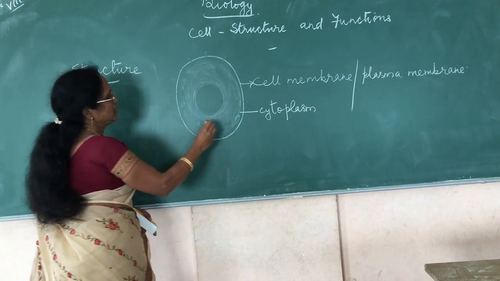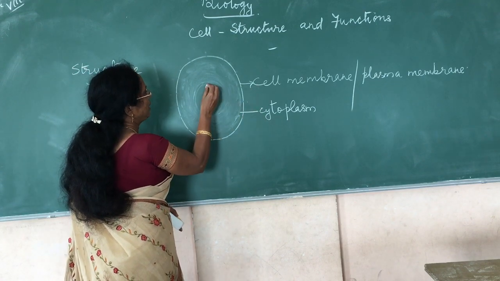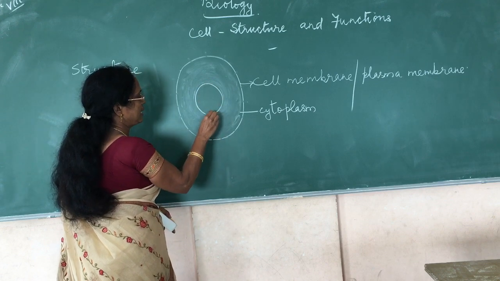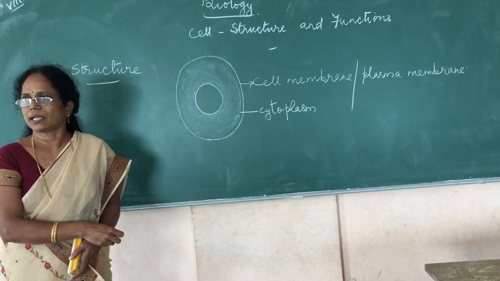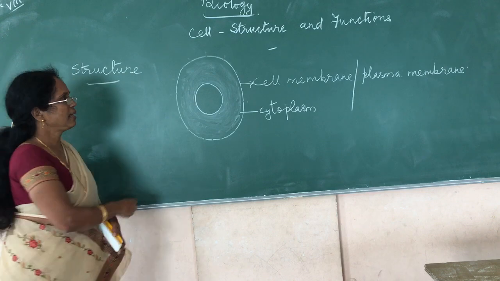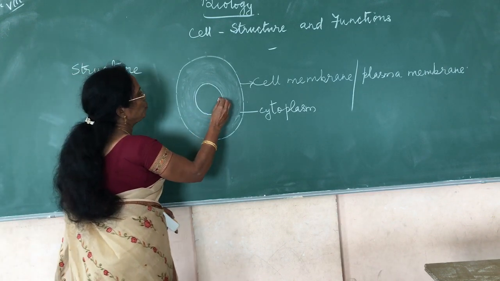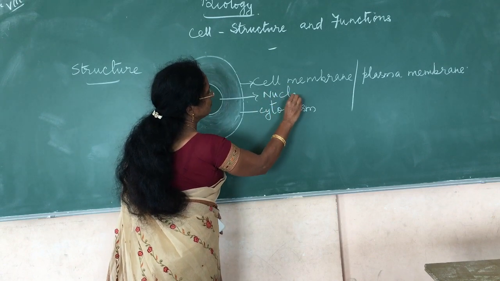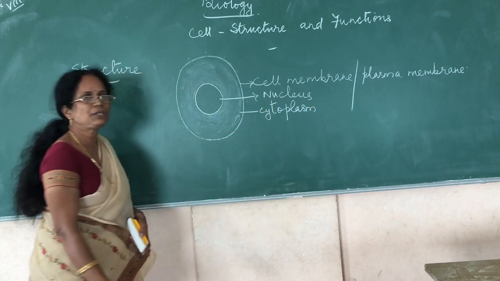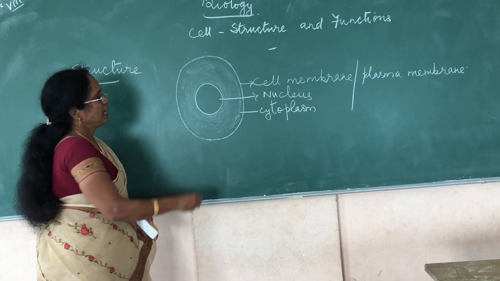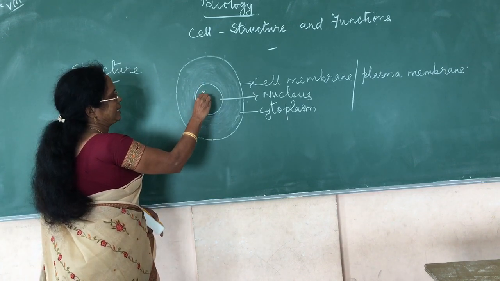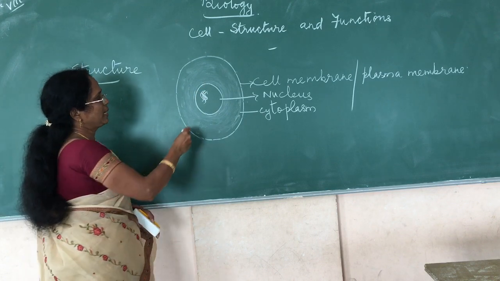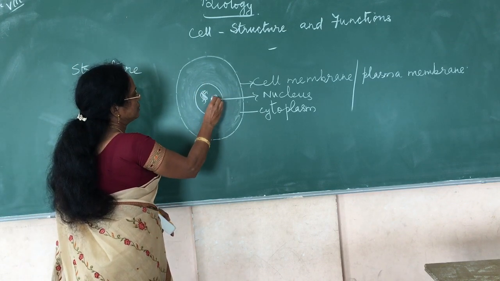Then what is this? Cell membrane, cytoplasm and nucleus. The central part of a cell contains the nucleus. This nucleus contains chromatids. Then what else? They contain